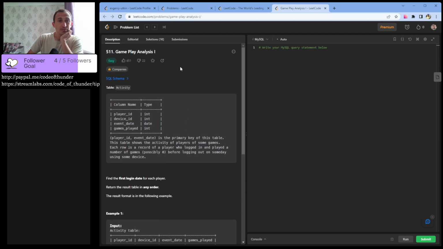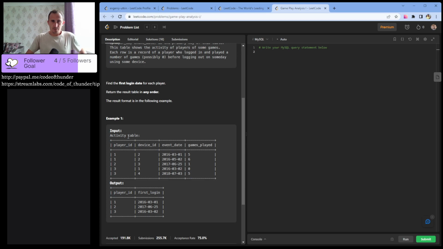By the way, in the previous problem, there was also this line that we can return results in any order, but if it wasn't the case, our union solution probably wouldn't work. We would just add order by and everything would be good. So we have this activity table.